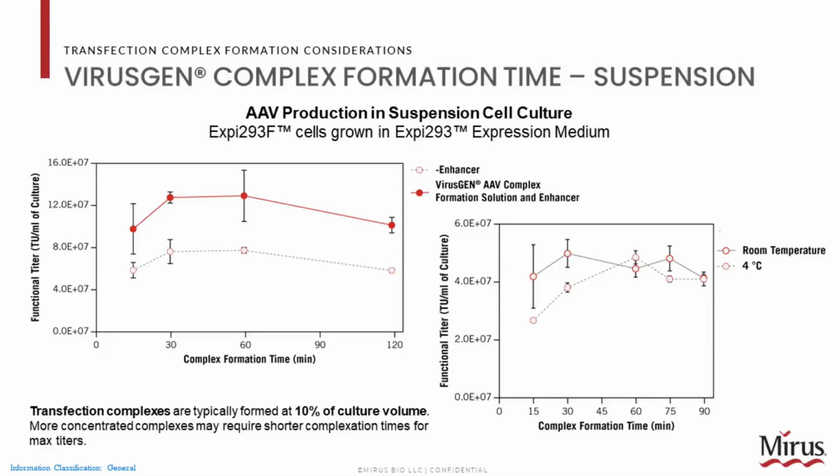And of course, we want to ensure proper documentation across the process. So we're not trying to rush this step and hurry our operators, giving them ample time to properly perform this step. Likewise, VirusGen is stable at room temperature over time and actually performs slightly better at room temperature versus a chilled system. So this would eliminate any need for jacketed systems or measuring or recording temperature of that complex as a critical process parameter. You can simply make this and have it as a room temperature feed, eliminating a lot of the logistical and utility headaches around cooled feeds.